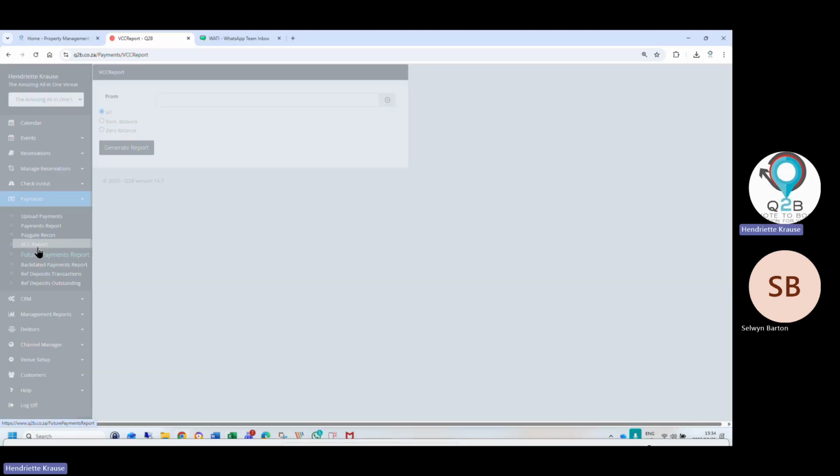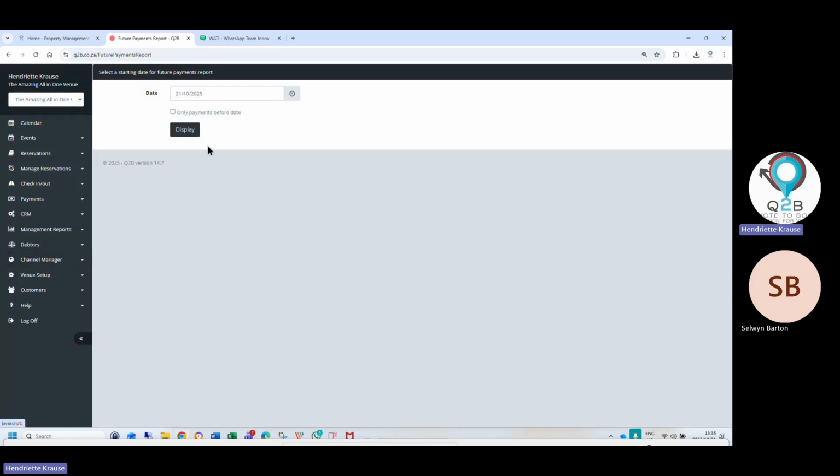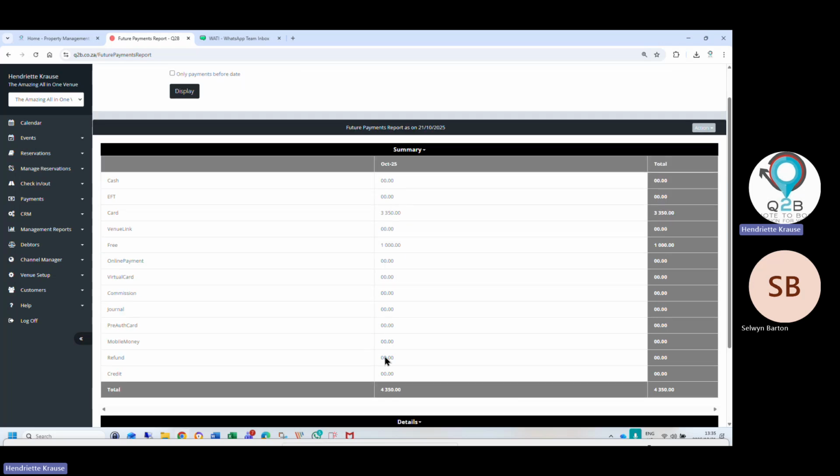Then, like I said to you, the virtual credit cards will show here that they're due and you can manually charge them. The future payments report will show you future bookings that you have already received payment on. So here are the future bookings and I've already received payments on them.